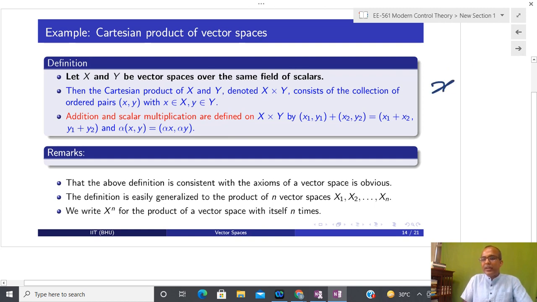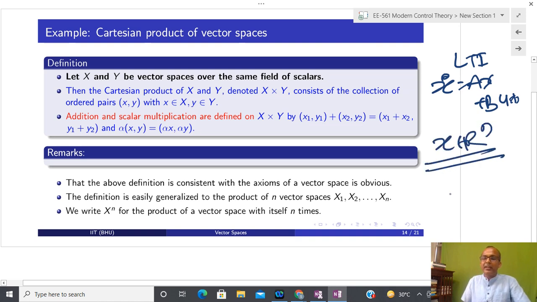Whenever I am representing some kind of system, an LTI system, linear time invariant system, if you read some book you might have seen that it is written like this: x belongs to R^n. What does it mean? They are telling that x has n number of components, and each component follows the property of a real number, and that is in an ordered way. So this is the Cartesian product, so you can take the Cartesian product n number of times. Okay, and that is represented like this.